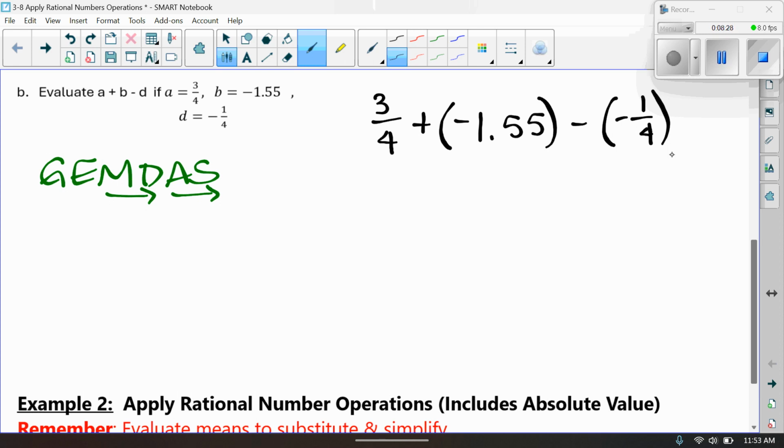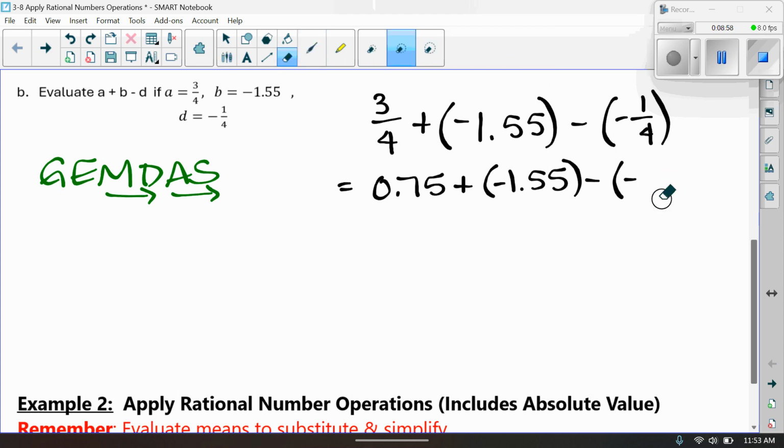So why don't we just go ahead and change these to decimals, because you can see that 3/4 is 0.75 and 1/4 is 0.25. So let's go ahead and change those. So this is going to be 0.75 plus a negative 1.55 minus a negative 0.25. Sorry about that. All right. So now,